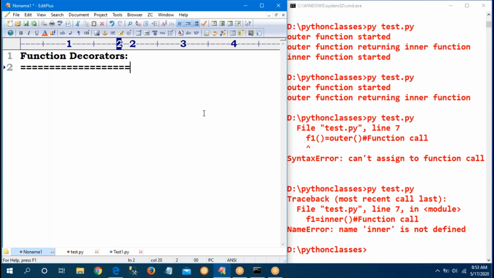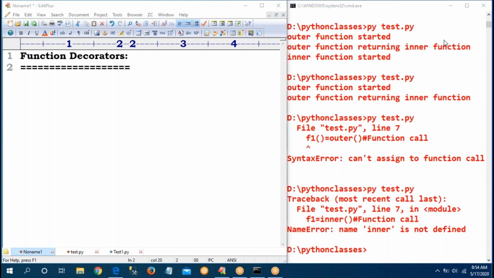Do you know the meaning of decoration? Everyone knows about decorations.